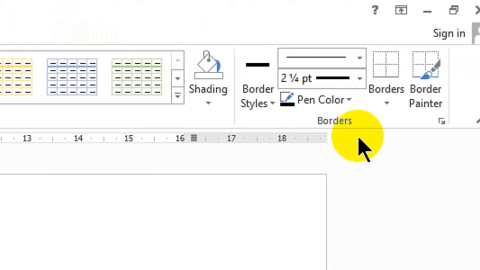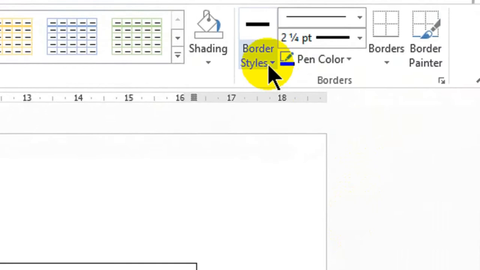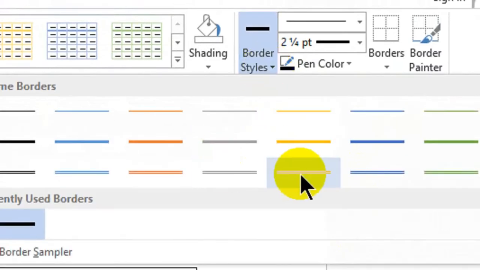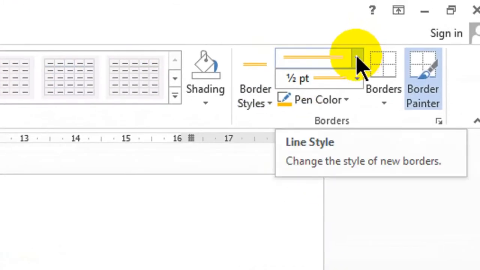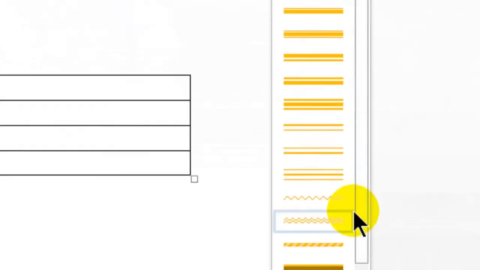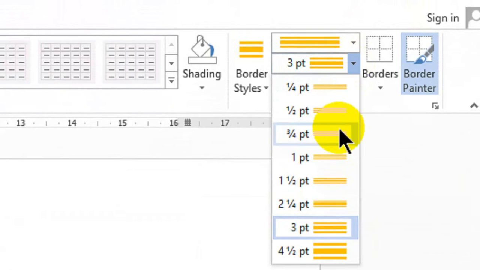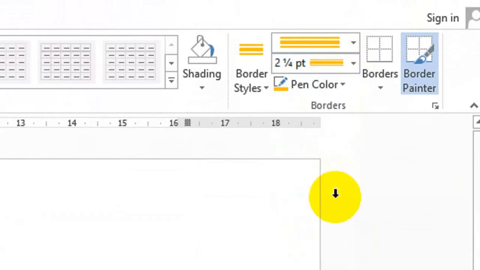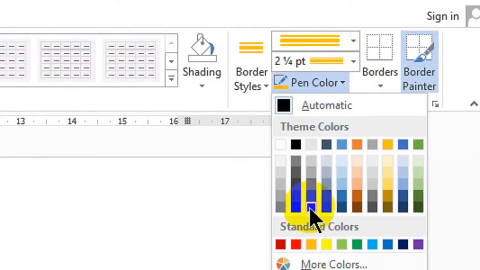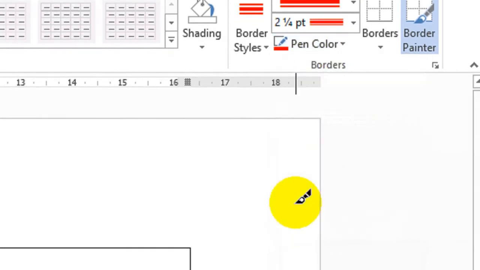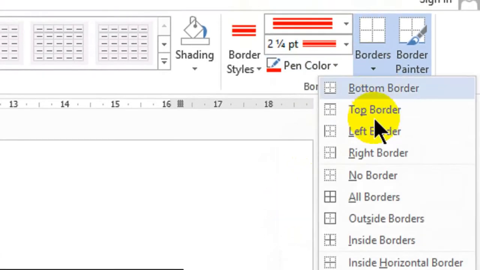I will give you a quick recap of the last lesson, how we can apply borders on the table quickly. First I will select the border style. Any border style you can select here. This is also the border style line, meaning what type of border style will be there. I am going to apply this thick border because it will be more visible to you. Here you can select the width of the line, how thick it will be. Here I have selected, and now I am going to select the pen color, and now I will apply all borders.